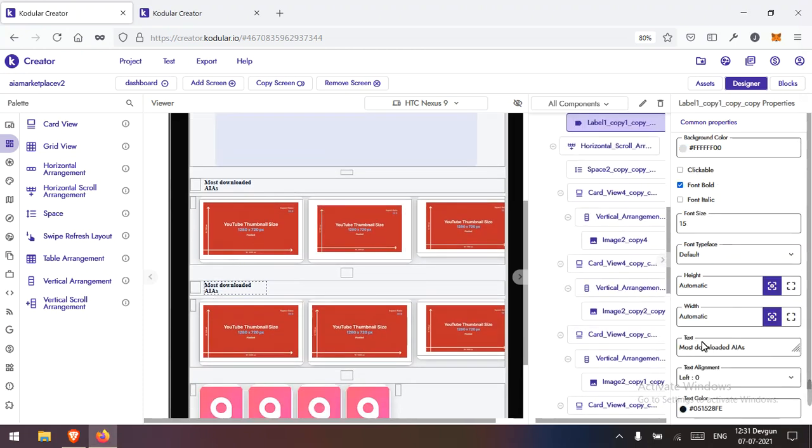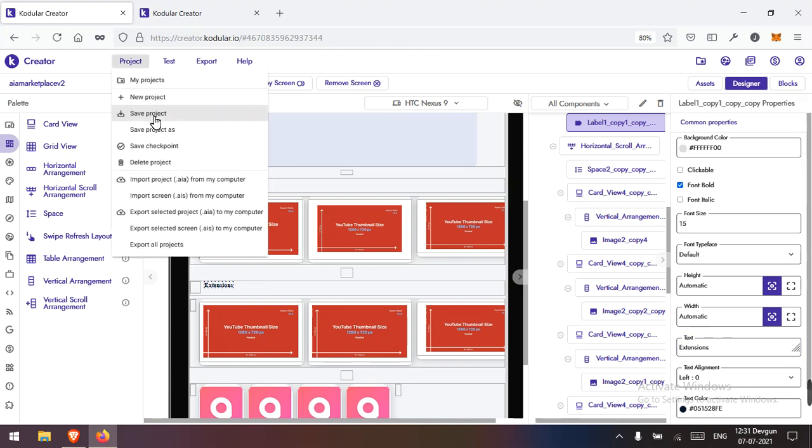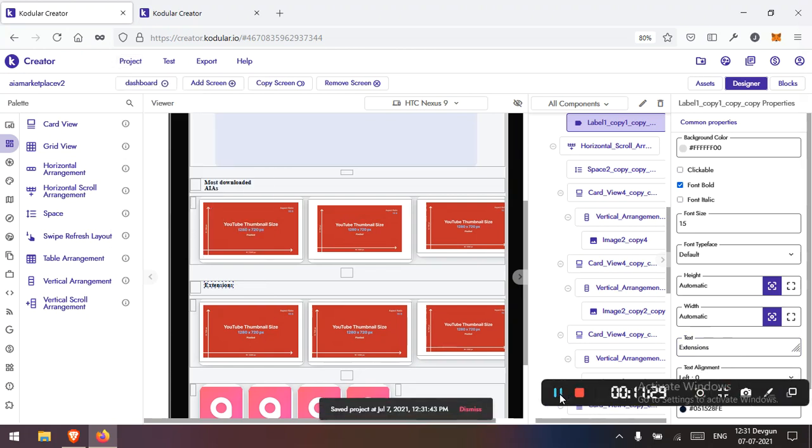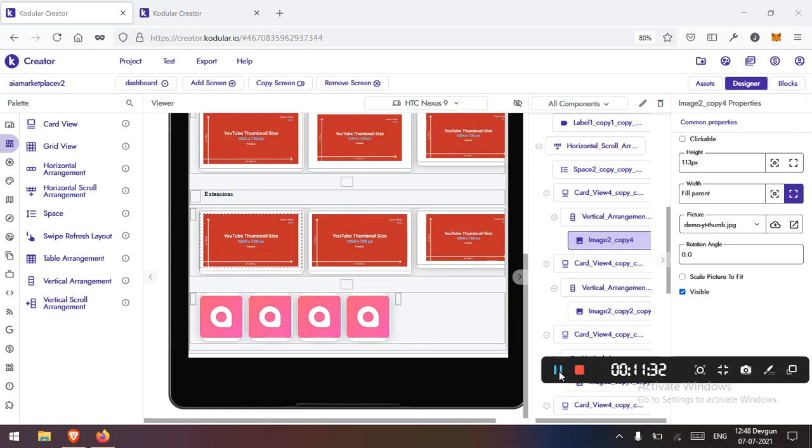let's rename this thing and make, let's rename this as extensions, and save this. And for extensions, I'm thinking to make something different, like